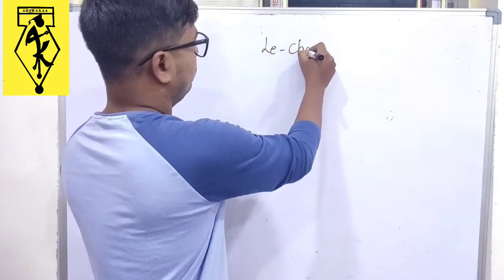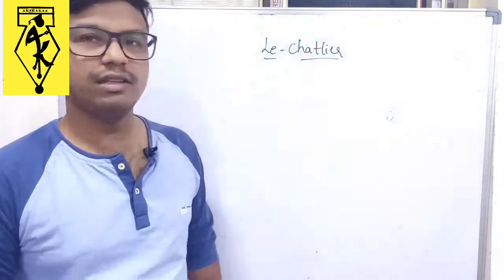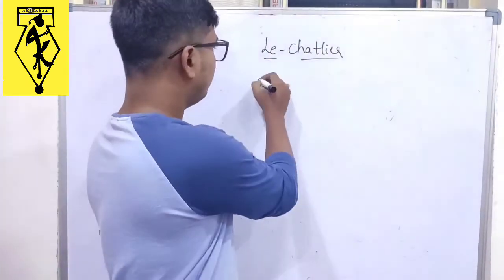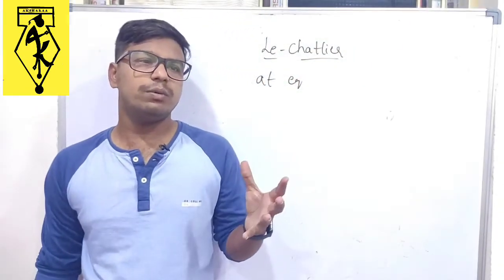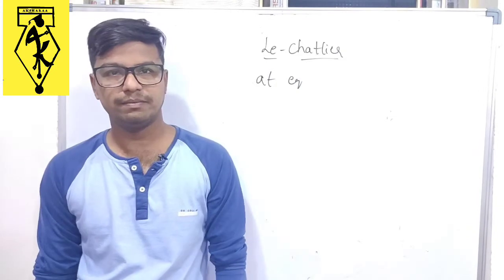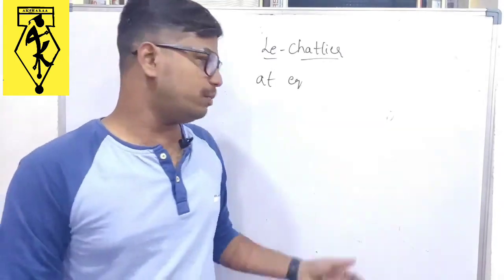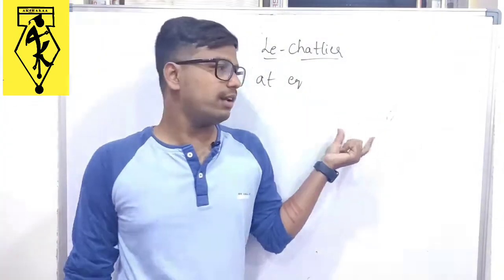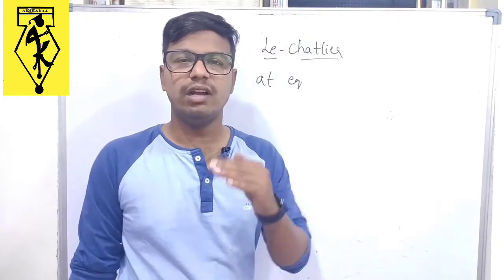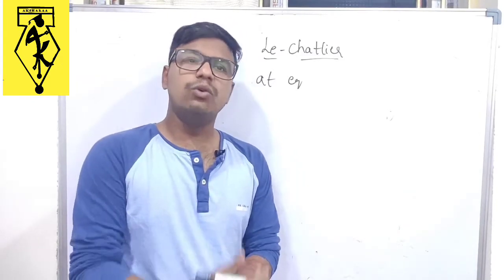Now let us see the Le Chatelier principle. Someone says it is Chatelier, someone says it is Chatelier, whatever it is, let's discuss this. So remember, Le Chatelier's principle says that when you disturb an equilibrium, that equilibrium will react. Just like Newton's law, for every action there is an equal and opposite reaction. If you bring any change to that equilibrium, then that equilibrium will act to decrease that effect.